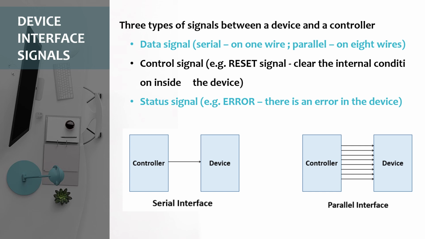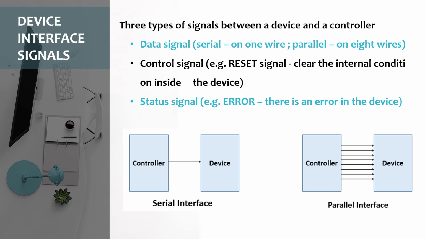So these data signals may be sent serially, on one wire only, because you can consider it as a one-way road, right? So data can travel in only one direction. And if we talk about the parallel, we require multiple wires or multiple cables for that. This serial processing and parallel processing we will learn in detail, but right now just get familiar with the terms.